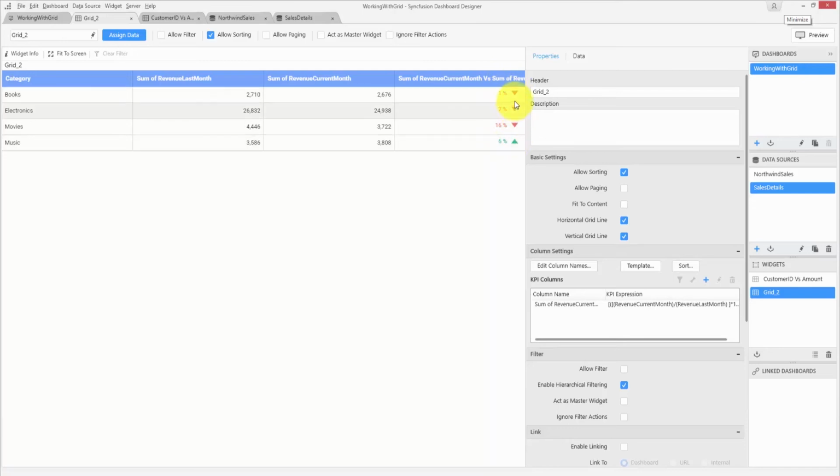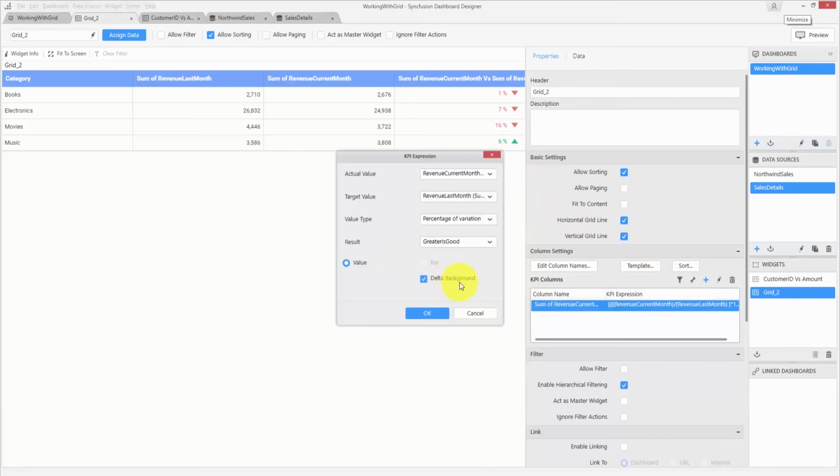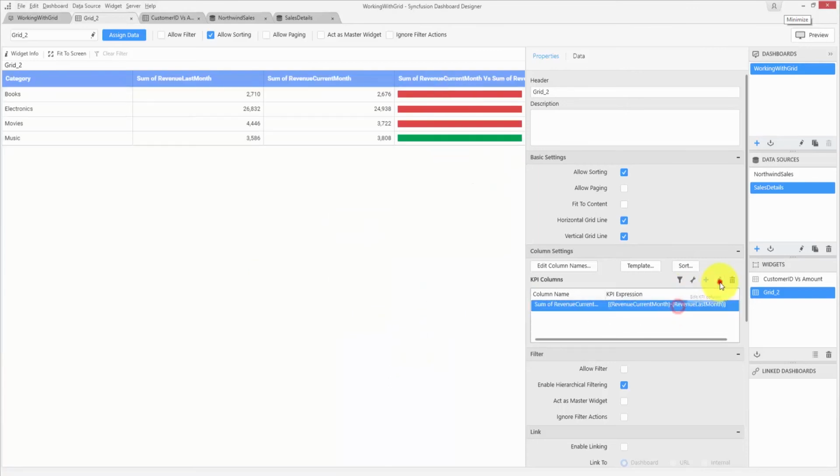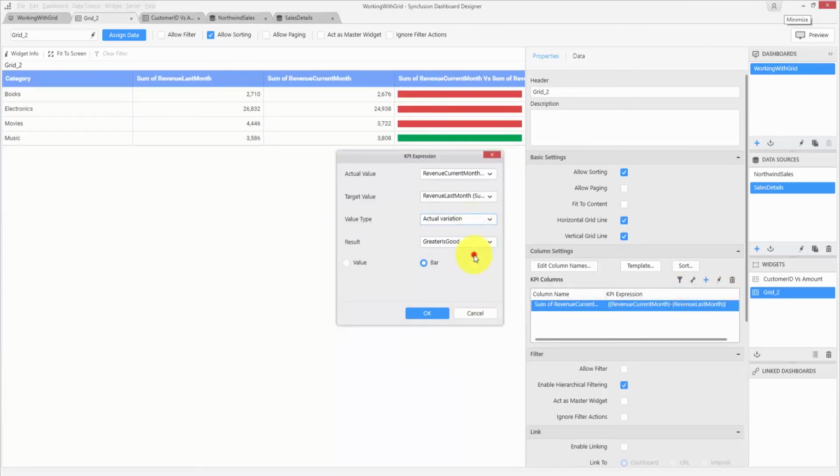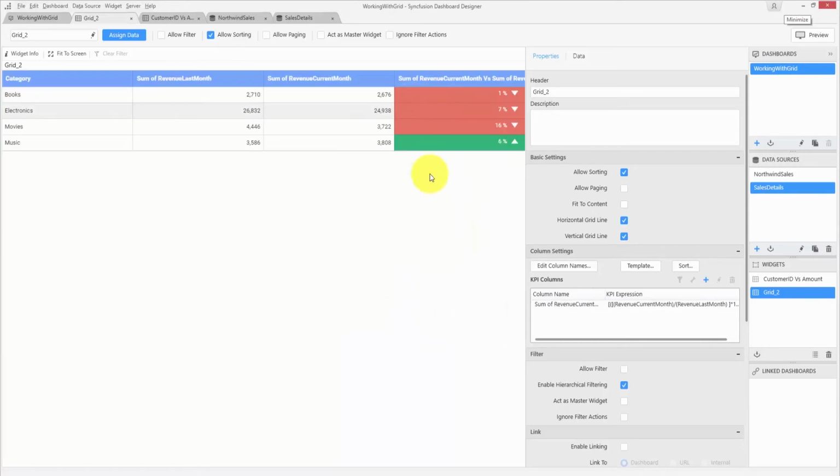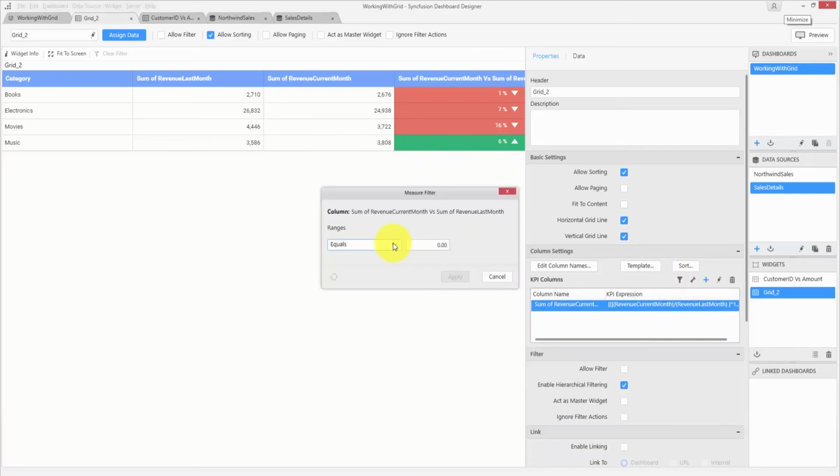The percentage of variation is shown with the indicator. You can also show with the delta background, and for actual variation you can show it as bar. This is how you add a key performance indicator to a grid widget. You can also add filters to the KPI column.